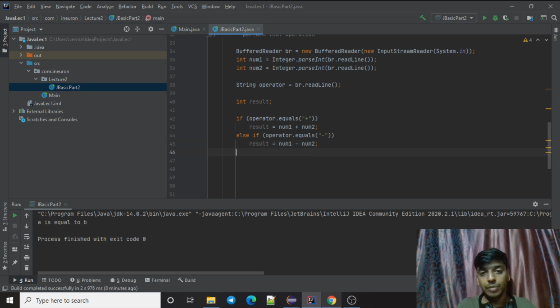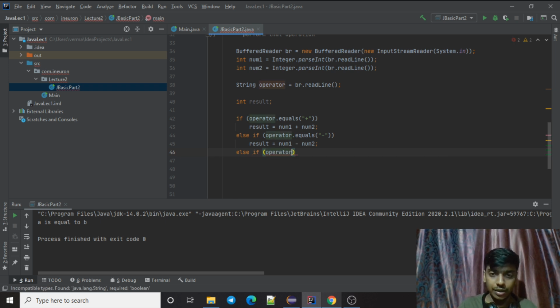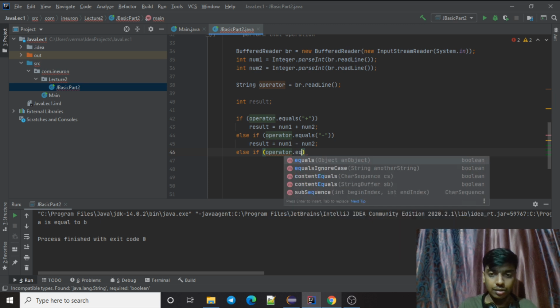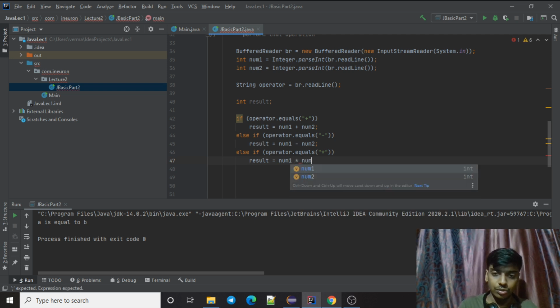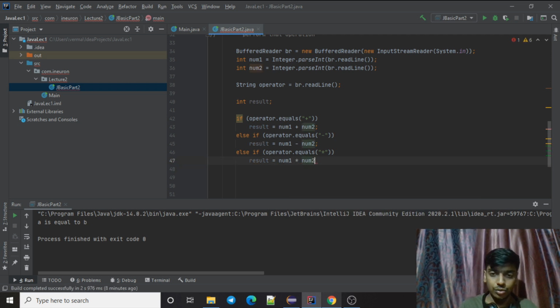If it is not minus, then else if operator dot equals star, then result equals to num1 into num2, right?